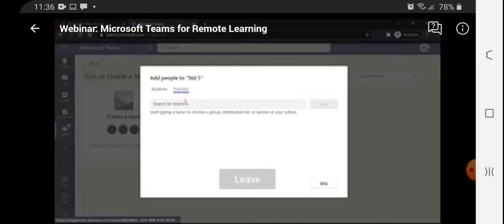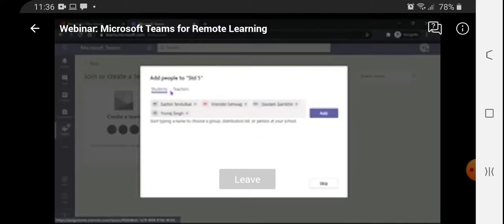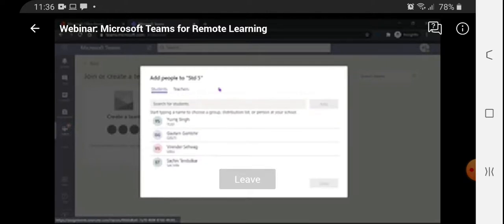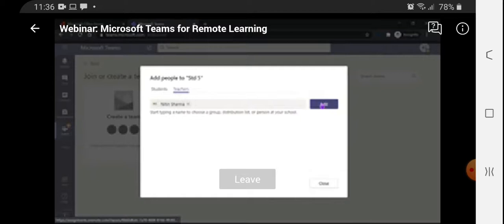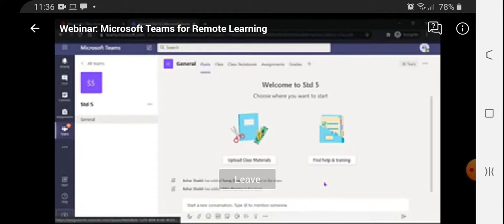Also, you can add your co-teachers. So let's say I have one co-teacher. So I am going to add Nitin as my co-teacher. So after adding student and teacher, I can simply click on close button. So I have added student and teachers, and then I'm going to click on close button. So as soon as I click on close button, my class standard 5 means my online classroom of standard 5th is ready for me. I can see the welcome message here,